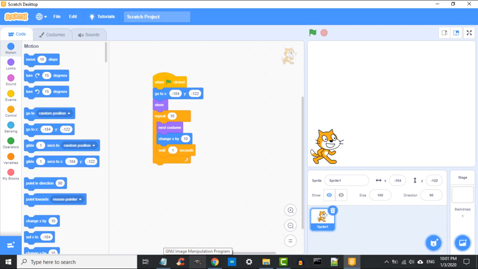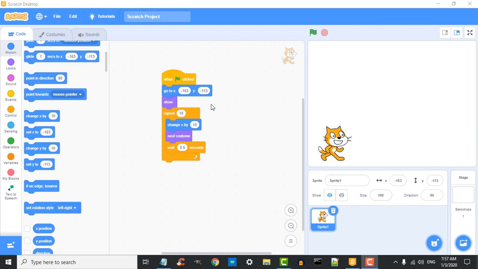You can type any number in it, but the number should be less than the size of our screen. If you type a negative number, the cartoon will start moving to the left. Now let us see our code in action. Click on the topmost block or the green flag and see what happens. As you can see, the cat has moved a little bit to the right and then